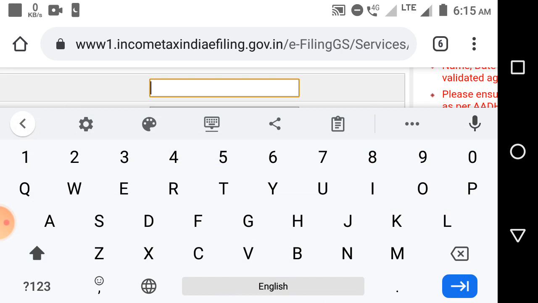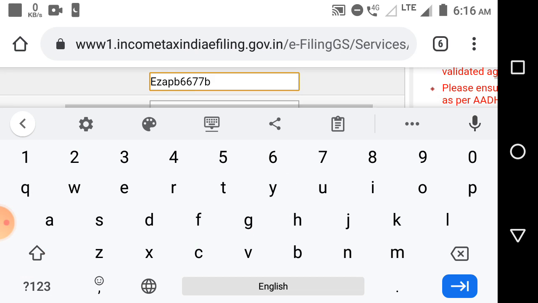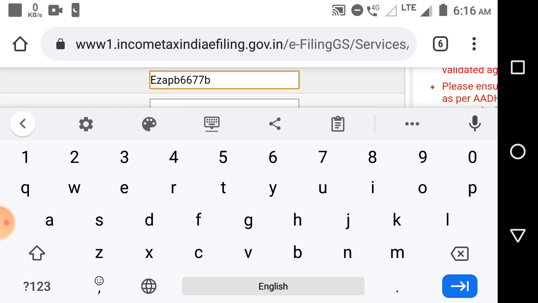My PAN card number is EZAPB6677B. You don't need to worry if the letters are written in capital or small form. The income tax department will understand.